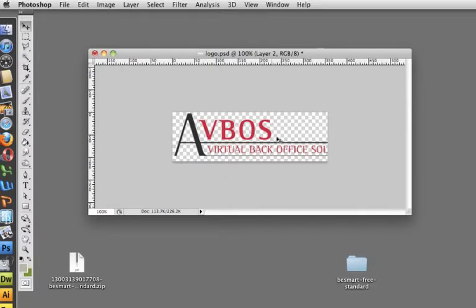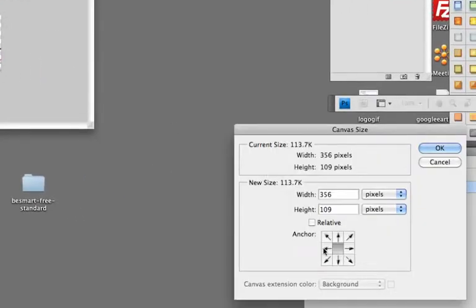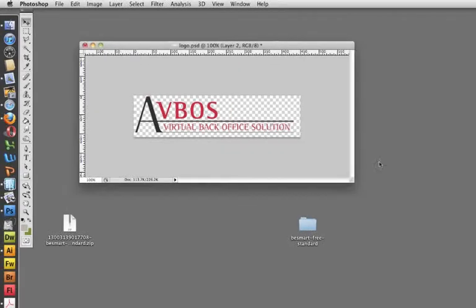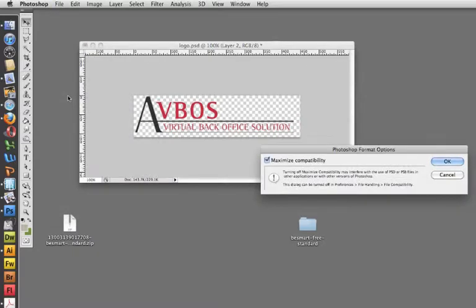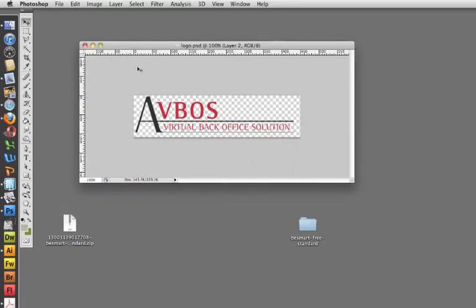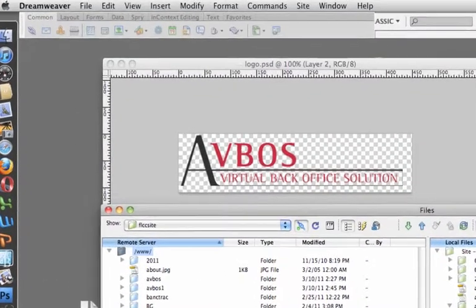But it appears that our logo is longer, so we need to go to the canvas size, and I'm going to click on the leftmost box and make my width 450 to give us plenty of room for our logo. Now I'm going to save my working Photoshop file, but what I need to do to have this appear in Dreamweaver is to replace the GIF that's in this www